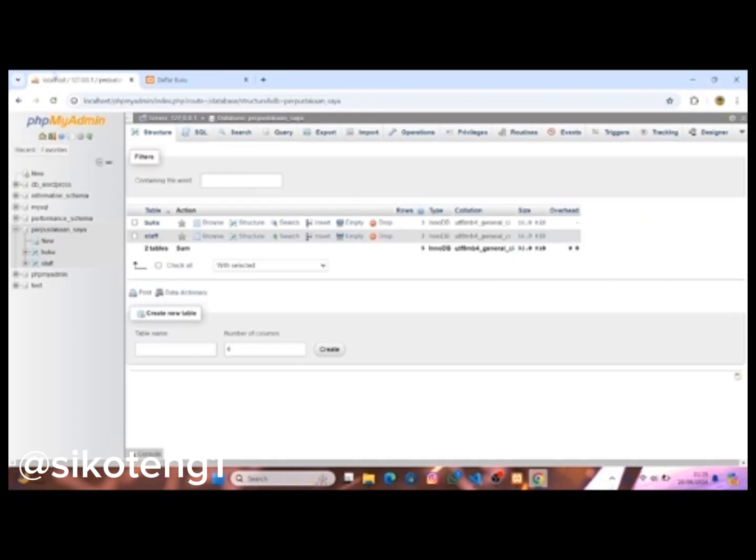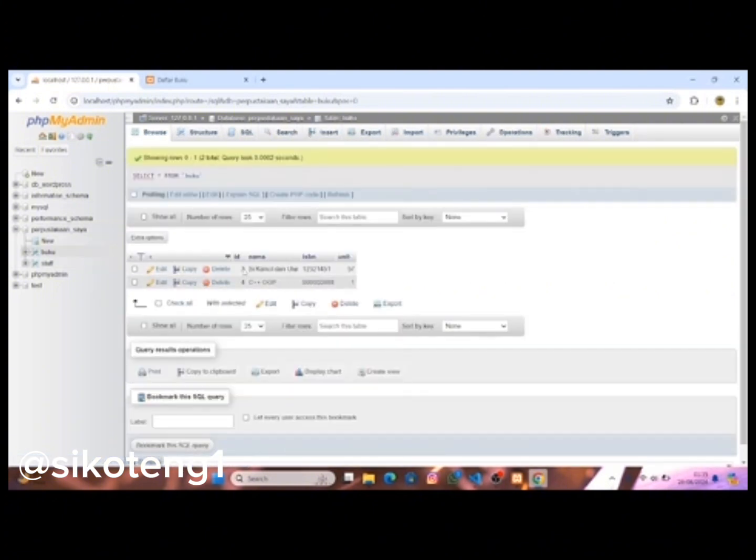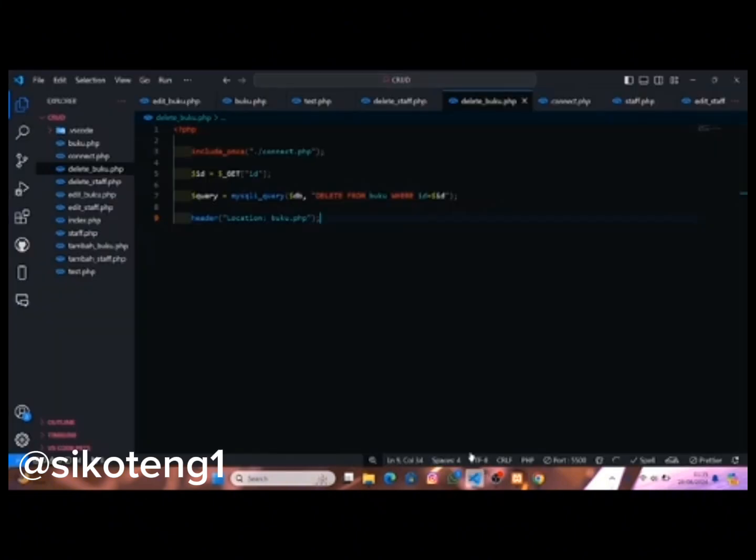Okay, the example of delete, right? I want to show you the example of delete. This is hapus or delete. Now you can see the C++ lanjutan for master is deleted. Of course, in the localhost it is deleted too. You can see right here buku, and you don't see any trace of the C++ lanjutan for master. Okay, that's it, and that is delete. The last one, yeah. The D stands for delete.